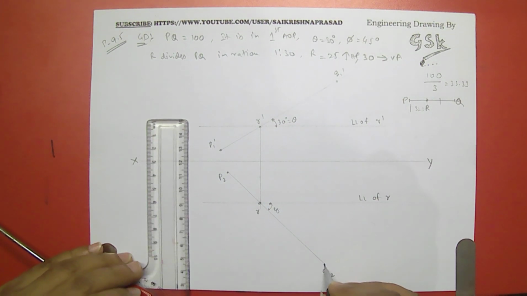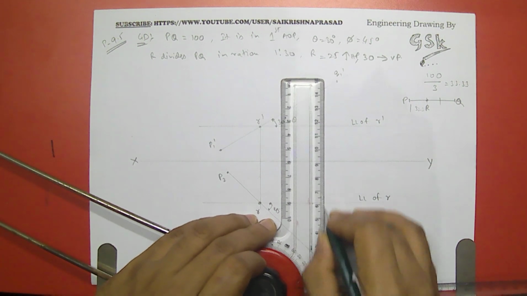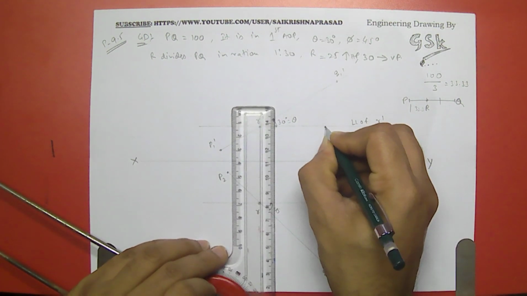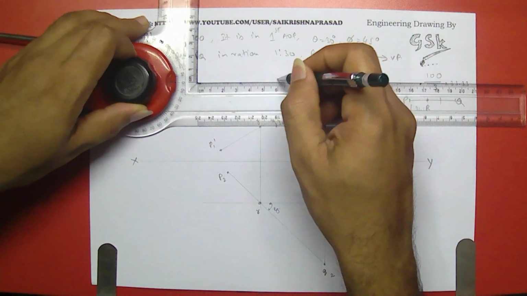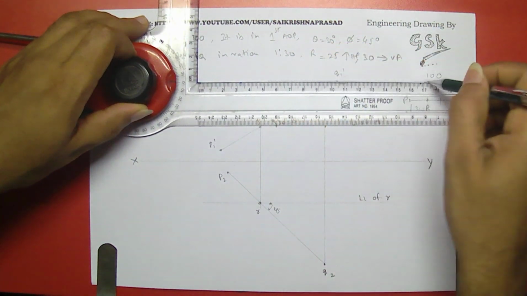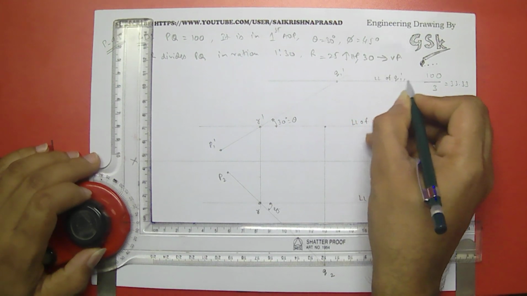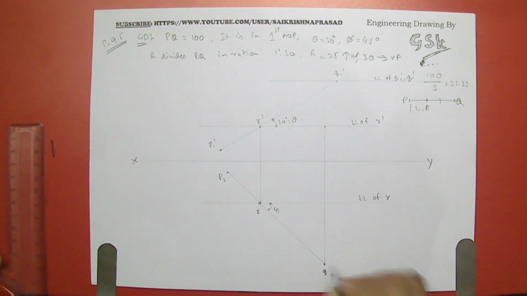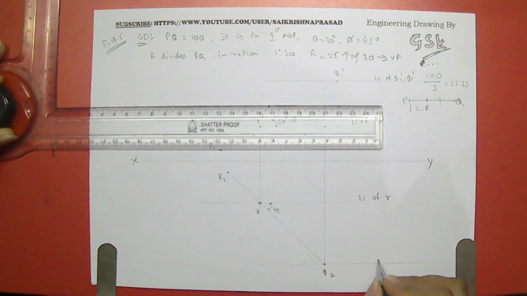Next, from here I'll draw opposite to this line, and I'll draw the locus lines also from this respective point. This is LL of Q1 dash and Q dash. This would become LL of Q2 and Q,